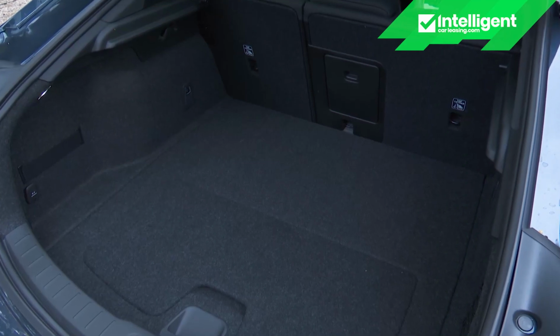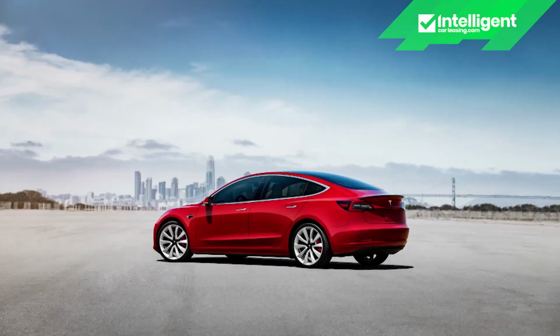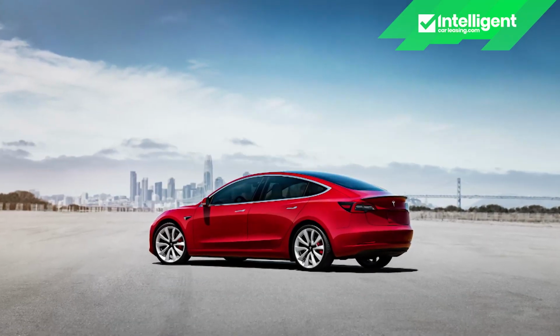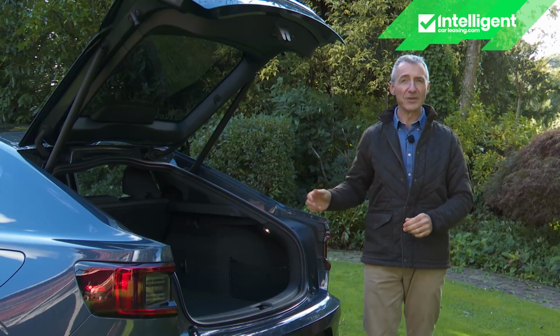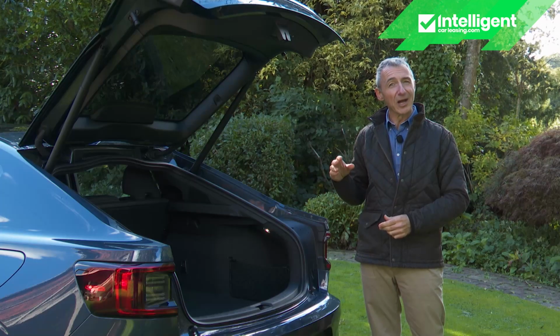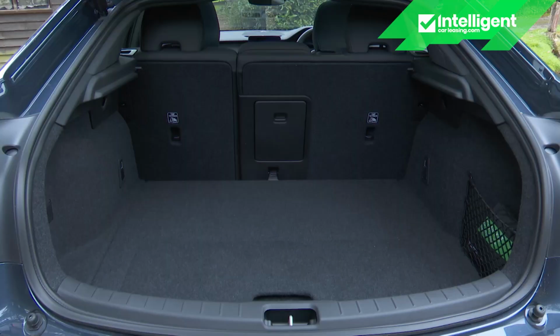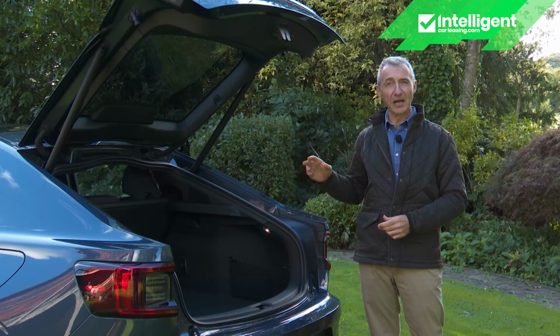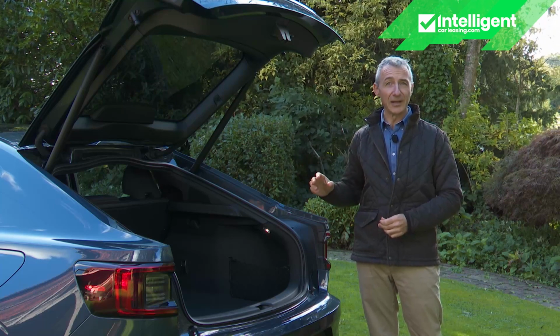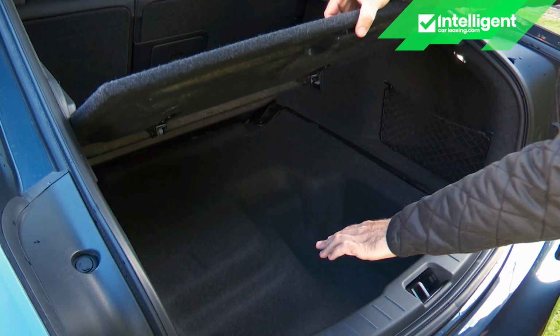The capacity revealed, 364 litres, is some way down on what you get from a rival Tesla Model 3 at 542 litres, or something conventional like, say, a BMW 3 Series at 480. But those two cars are saloons, and this is a hatch, so here you get a more versatile loading space. Plus, because Polestar unfortunately doesn't include any kind of spare wheel, you are provided with this further deep 41 litre